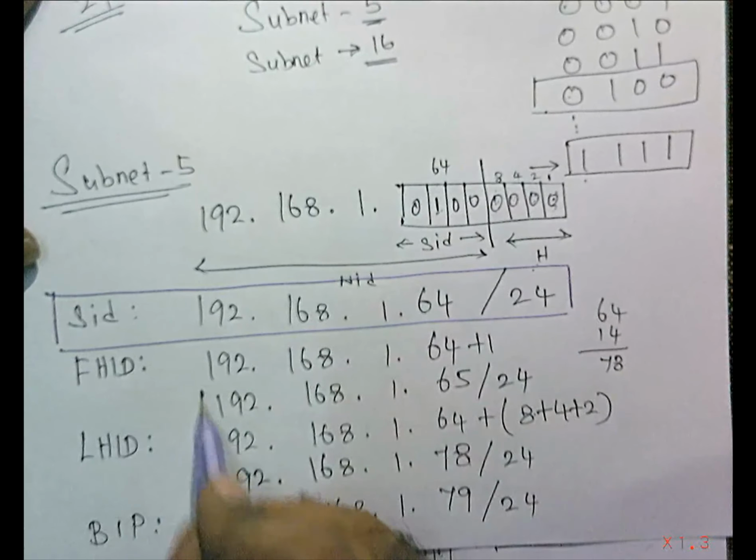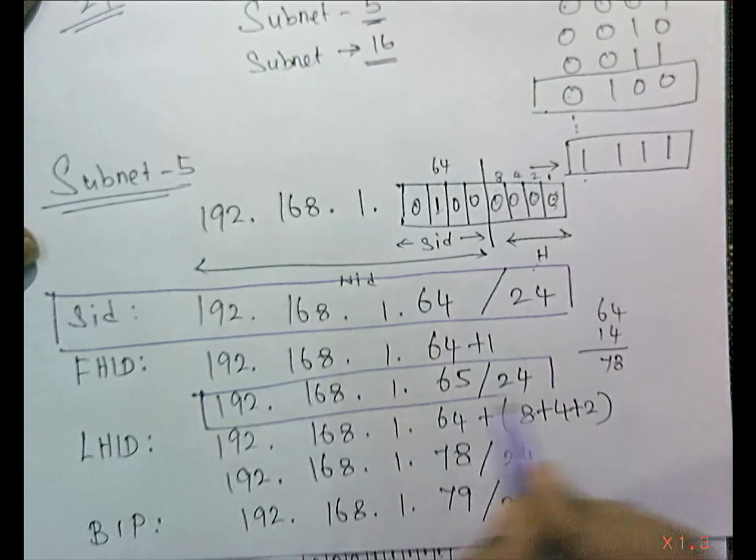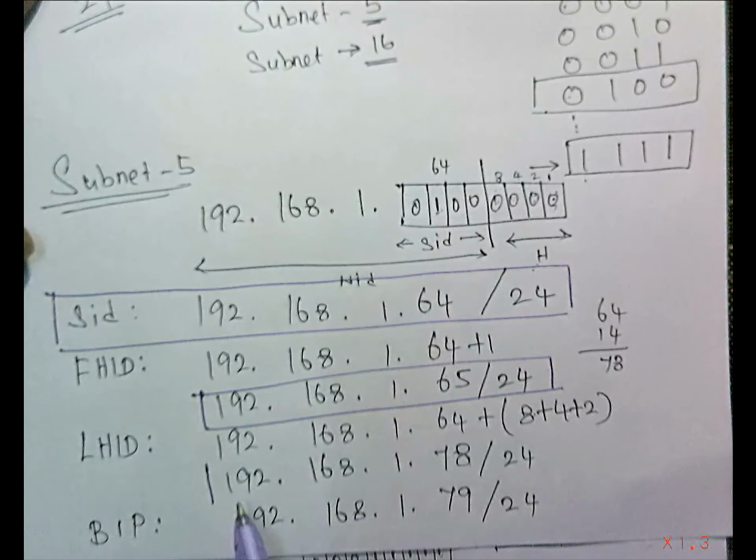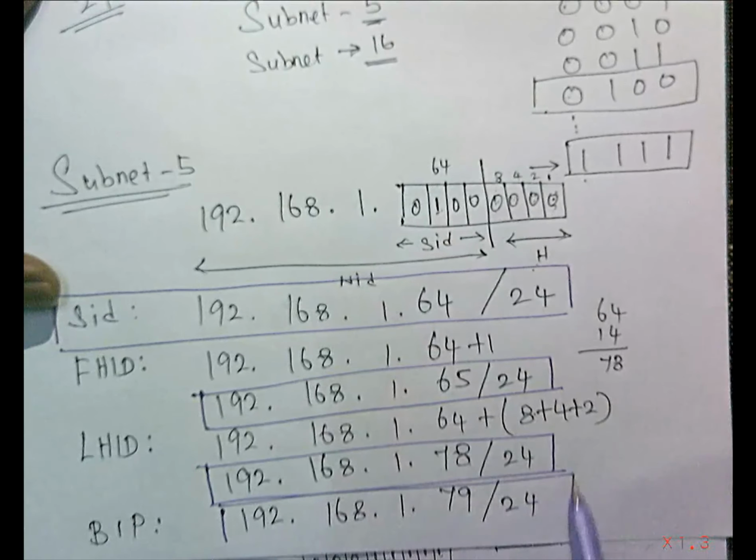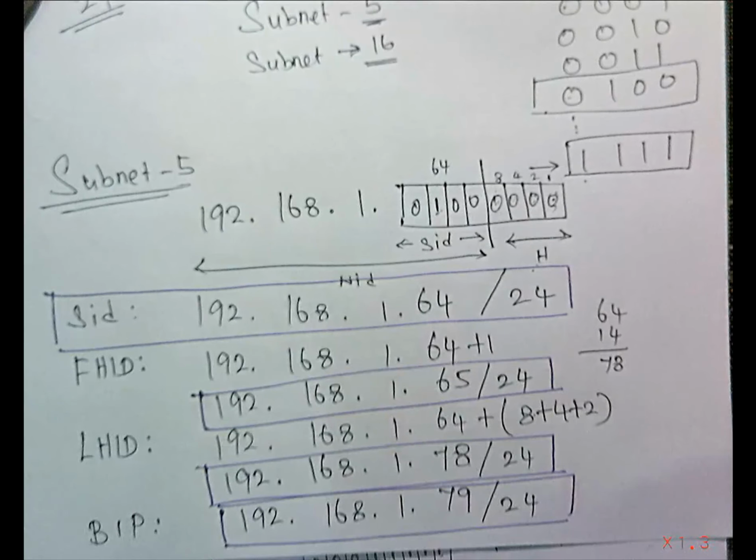So for the fifth subnet, this is going to be your subnet ID. This is your first host ID. This is the last host ID. And this is going to be your broadcast IP address. Okay, so this is for subnet 5. Now I'm going for the